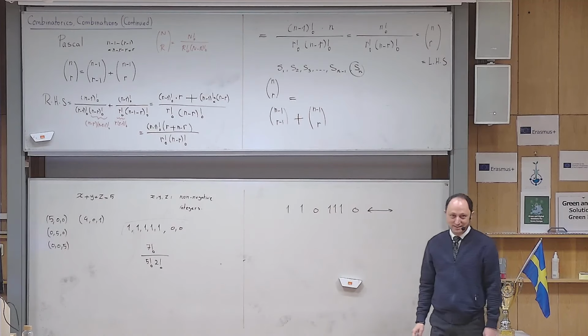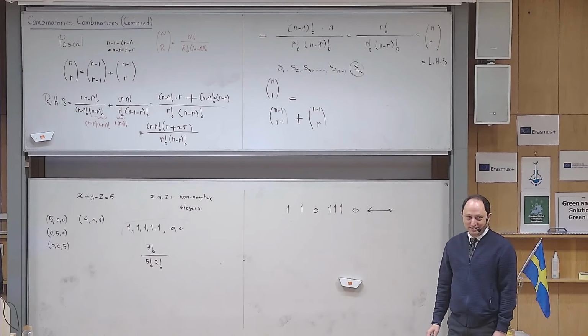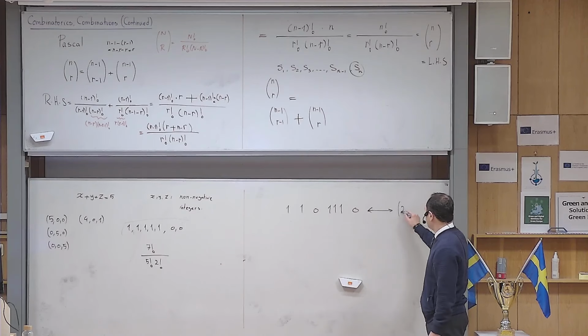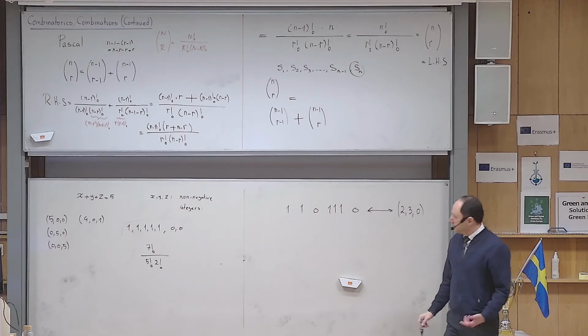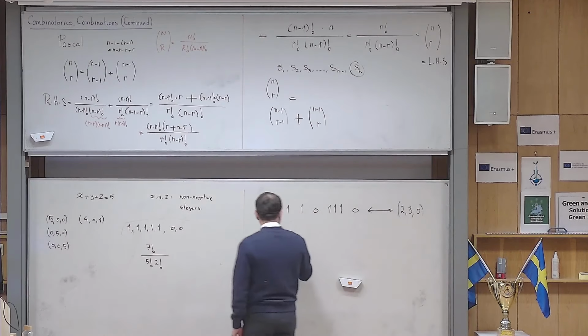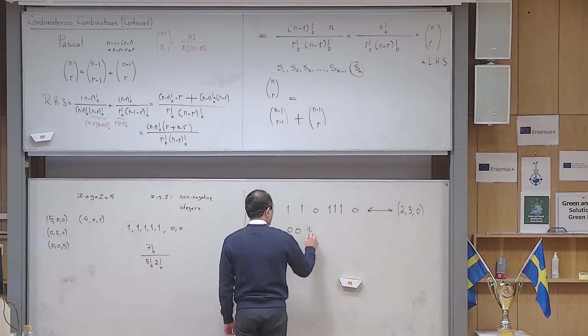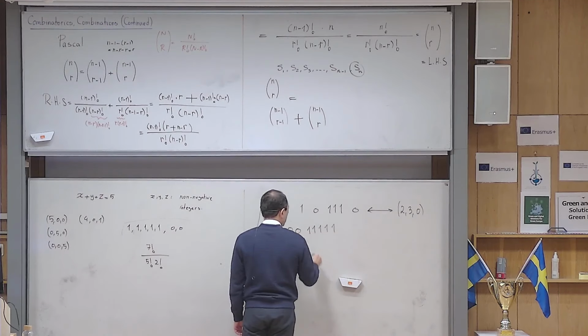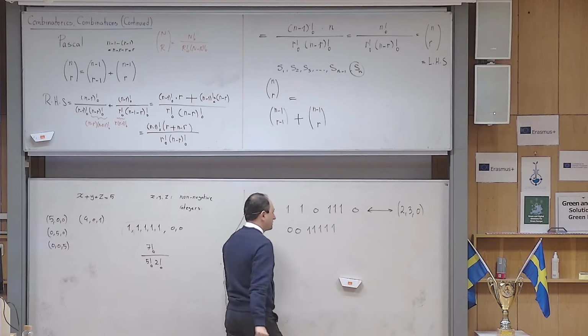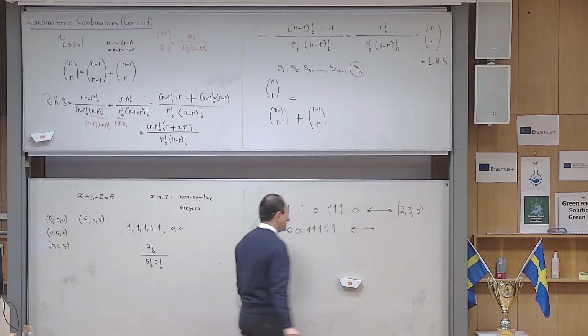Okay. Yes? x equals 2, y equals 3, and z equals 0. So let me write this one: 2, 3, and 0. Yes? So then let me write another code here for you: 0, 0, 1, 1, 1, 1, 1, 5. So do you think, if I write this, you see, it is like